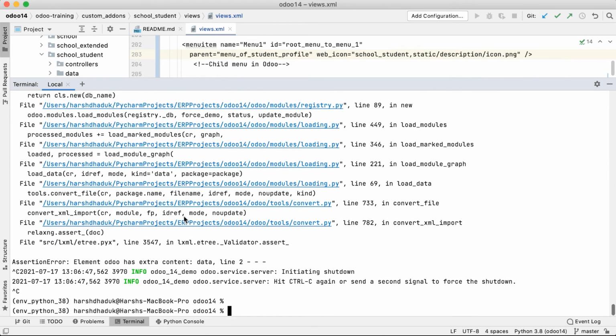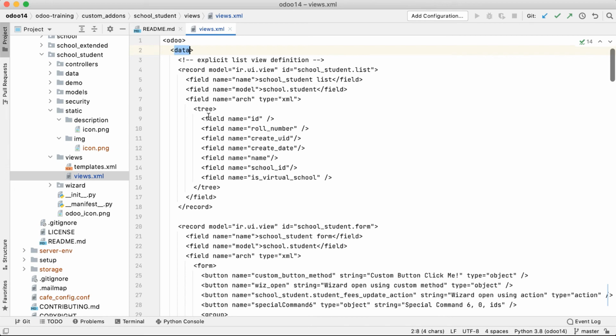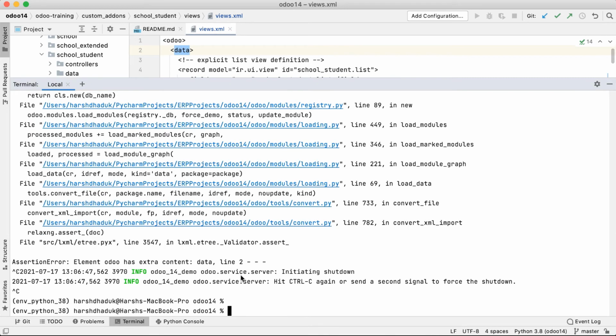Let me stop the screen scrolling. So it says, element odoo has extra content: data, line 2, but if you see line 2, it's actually just the starting data tag. So we cannot be sure which error Odoo is trying to raise.